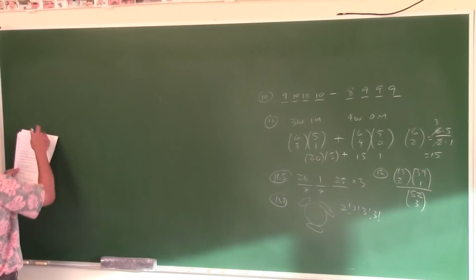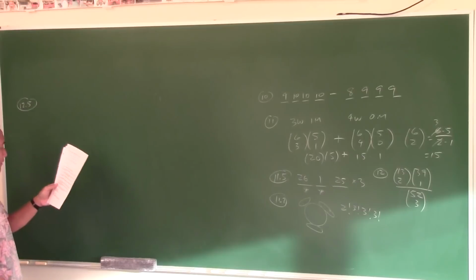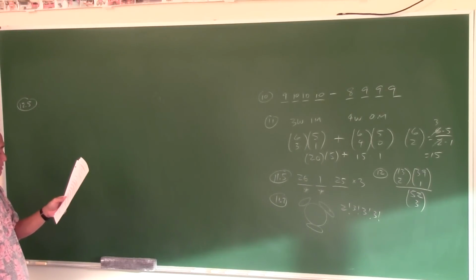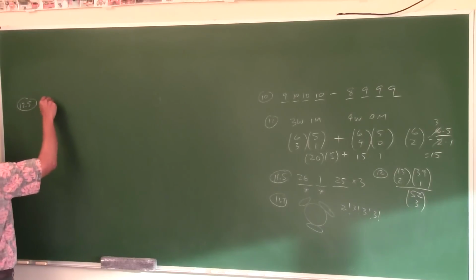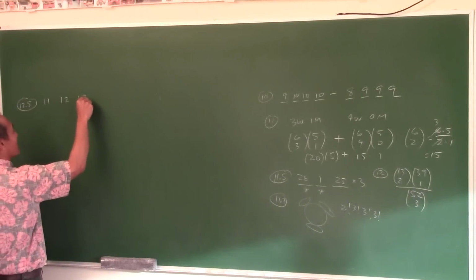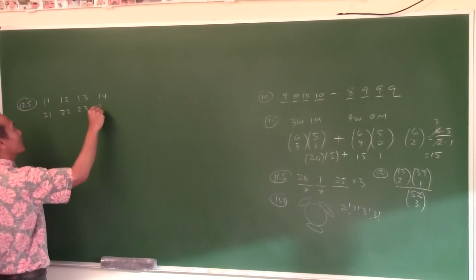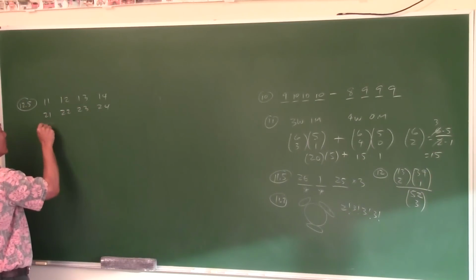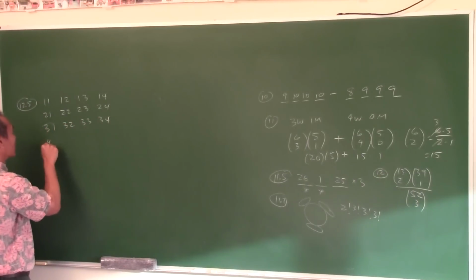Okay, next. 12.5. 2 4-face dice are tossed. What's the probability that the sum of the 2 rolls is a prime number? We've done this problem so many times. The best way to do the dice problem is write out the sample space like this. What can happen when you roll 2 dice? This is 3-1, 4-1. And then,